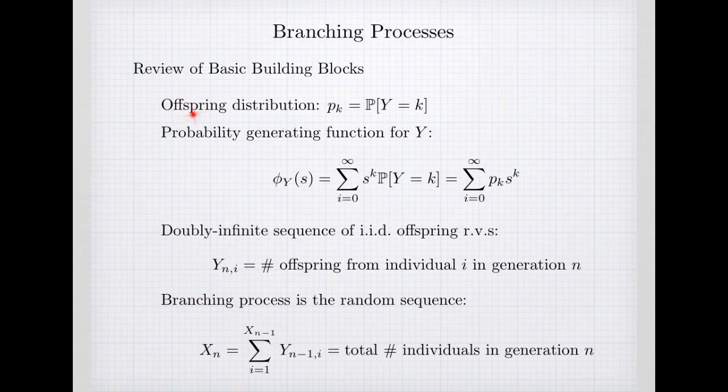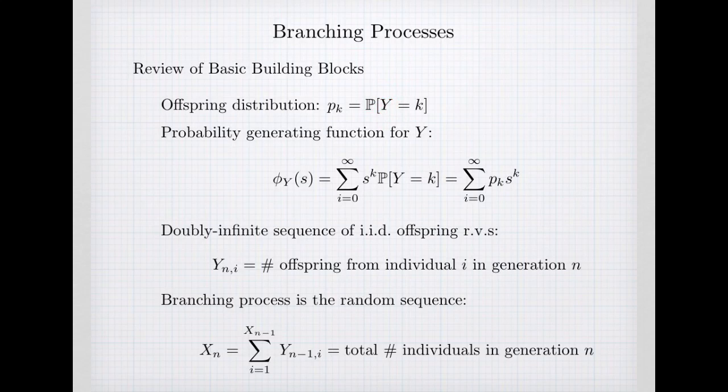So we're going to start with talking about our offspring distribution. We want to remember that every individual in our population is considered to have a random number of offspring, and every individual in every generation has the same probability of having any given number of offspring. So p_k is going to represent the probability that the number of offspring, which is a random variable Y, equals